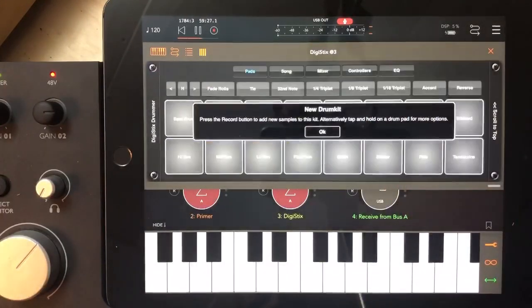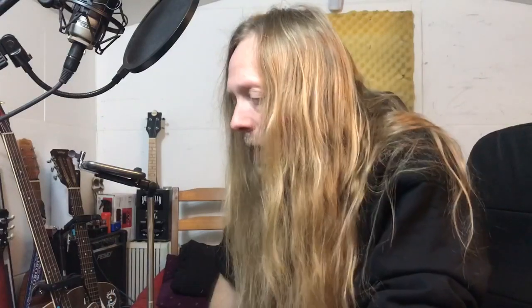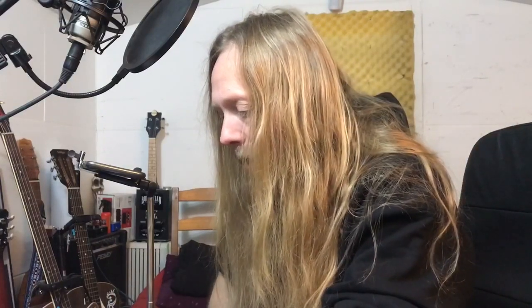We'll go to create and press record button to add new samples to this kit. Alternatively, tap and hold on the drum pad. Oh right, yeah, okay, I think I know what I need to do here. So right, if I press these pads here, I have no sounds because it's a new kit, and I need to add sounds. So if I press on this pad,